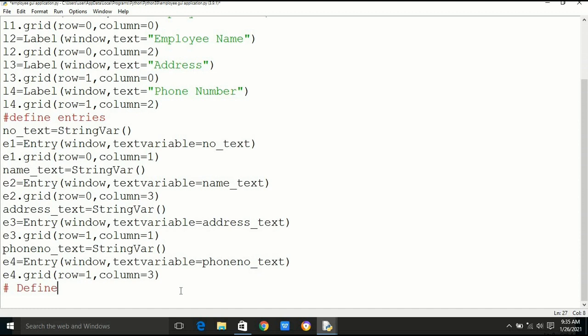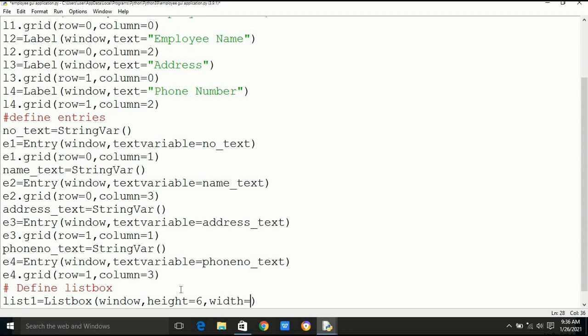Now we will see how to define a list box in Tkinter. We can define the height and width of list box as per our requirement. Here I have defined height is equal to 6 and width is equal to 40, and I want to combine 6 rows. For that I wrote row span is equal to 6 and 2 columns.